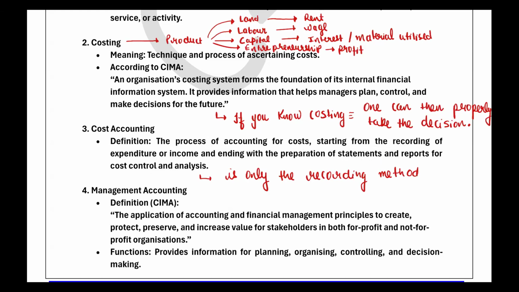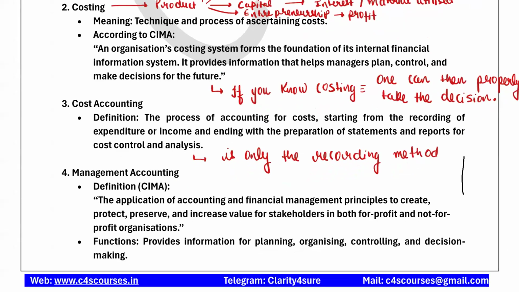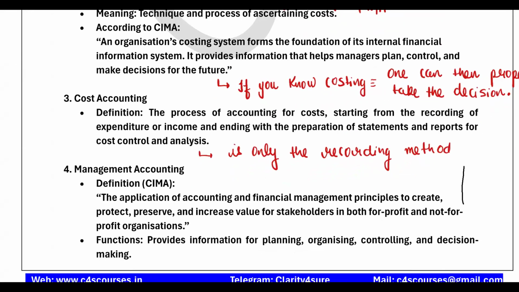Now we will talk about management accounting, right? See, management accounting has the broadest perspective, because cost accounting will talk only about the cost related things that have been used for your firm, right? That is the material that has been used, land, for which you have paid some cost, for labor that you employed you paid some cost, for your capital that you have installed for your production, you have paid some interest, right?